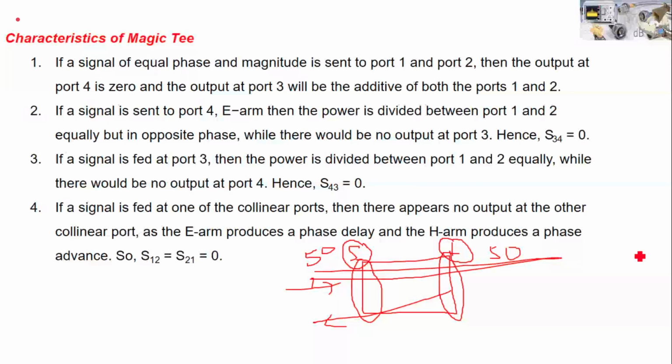Okay, sir. If all the three ports were perfectly matched, will my parameters S11, S22, S33 be zero? We just now, a few slides back, I told you there is a theorem. It is not possible to match all the three ports simultaneously. That is a condition.